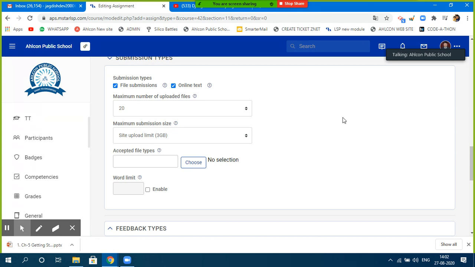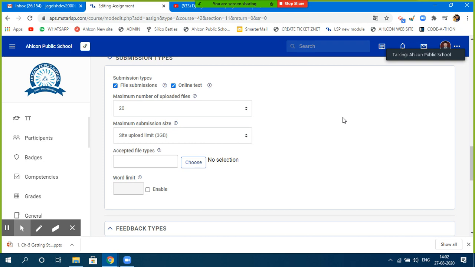Sometimes the students want to mark something, like make certain notes that I didn't do, or I did the chapter this way only. Or let's say after creating that PDF file for the solution of your assignment, the student thought that I just need to specify something else. So within this online text, the student can always specify comments from their side, or the entire assignment can be written in this online text only.